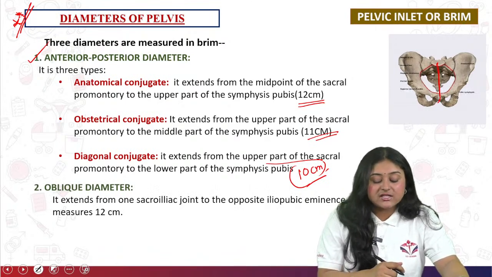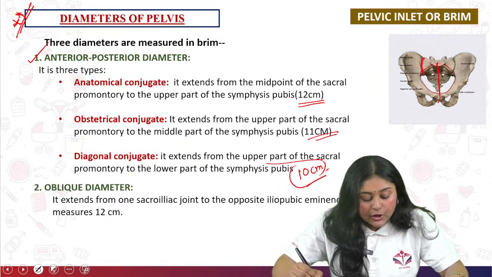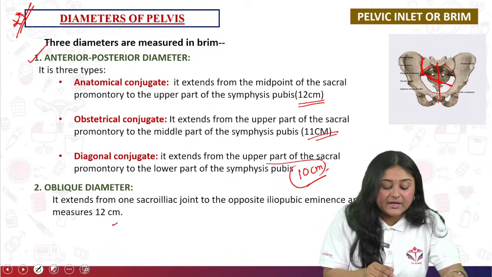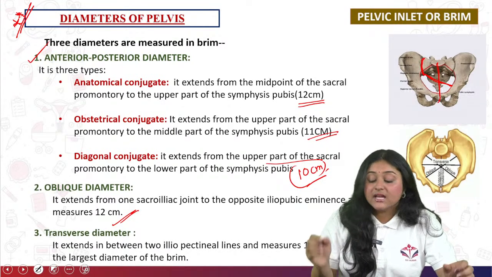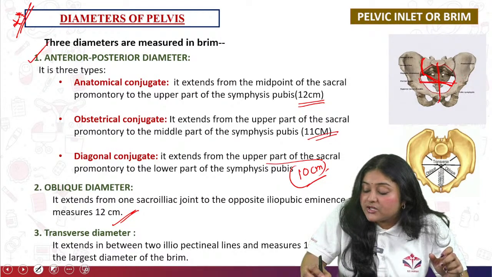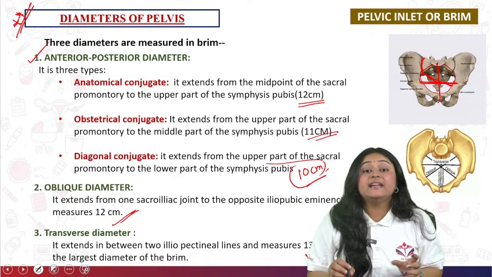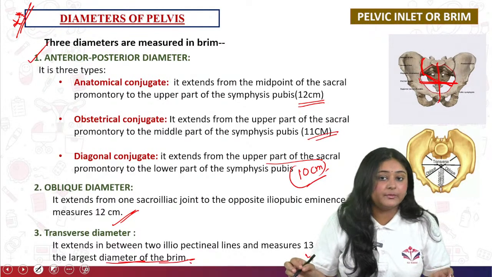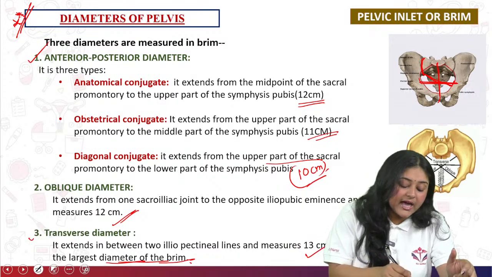Now come to the oblique diameter. The oblique diameter extends from one sacroiliac joint to the opposite side iliopubic eminence. This is called the oblique diameter, and the measurement is 12 centimeters. And the last one is the transverse diameter, which is present in between two iliopectineal lines. This portion is the iliopectineal line. So the diameter in between the two iliopectineal lines measures 13 centimeters, and it is the largest diameter of the brim. Just a point to be noted: sometimes in viva they will ask what is the largest diameter of the brim, and the answer should be the